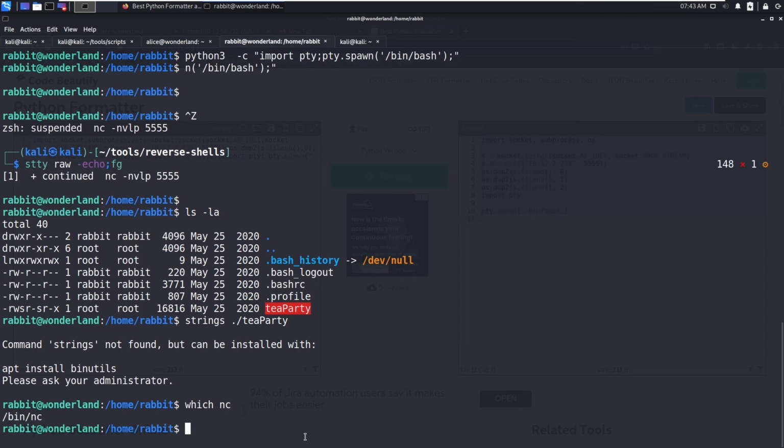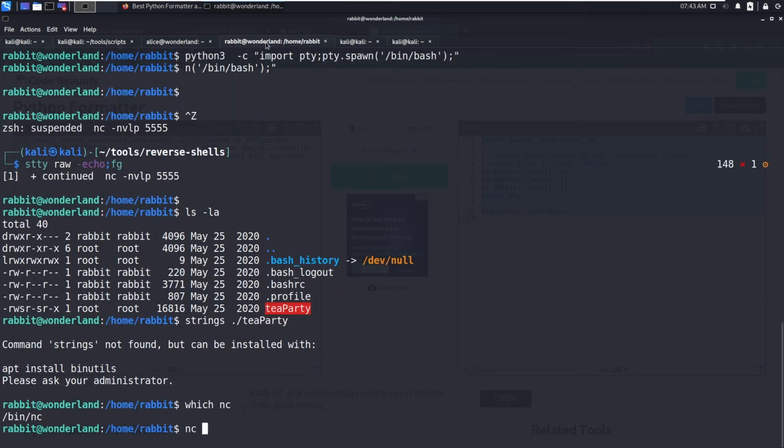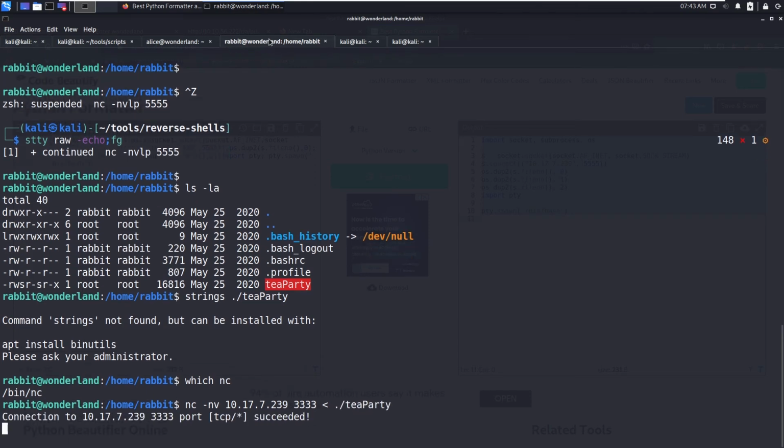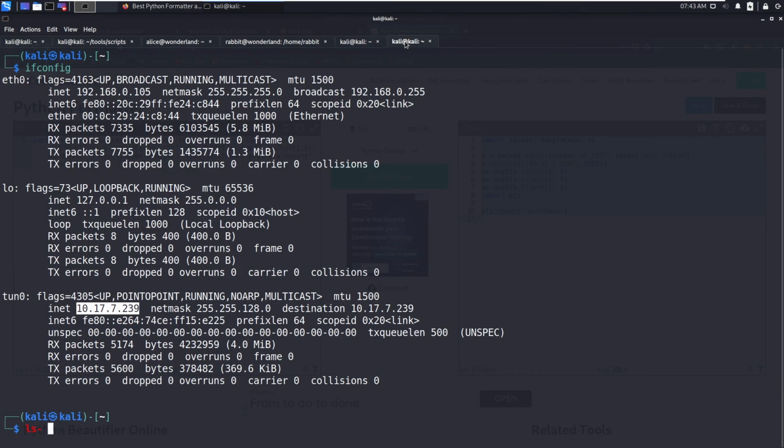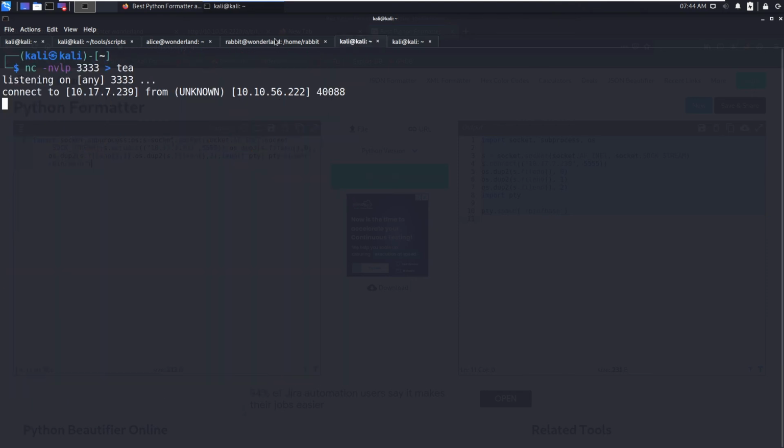Which nc. So nc is there. teaParty. So it's 16816. I think we can close the connection now.